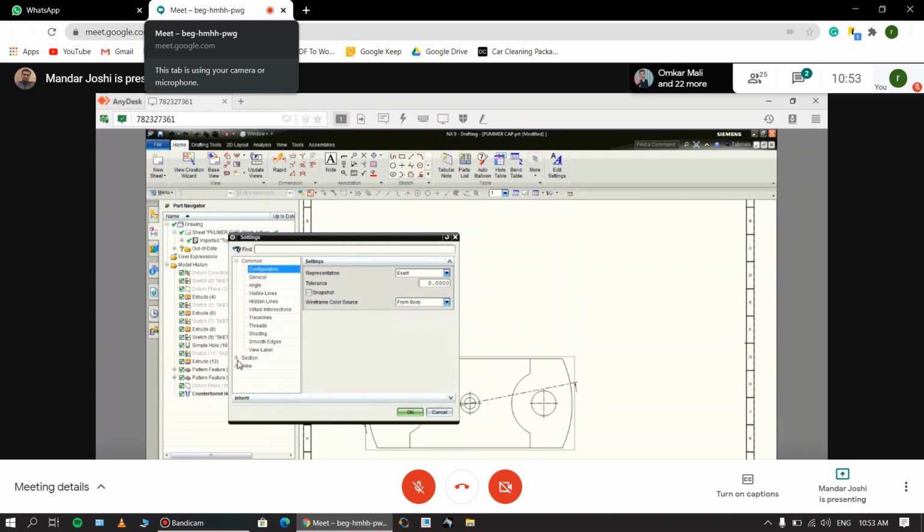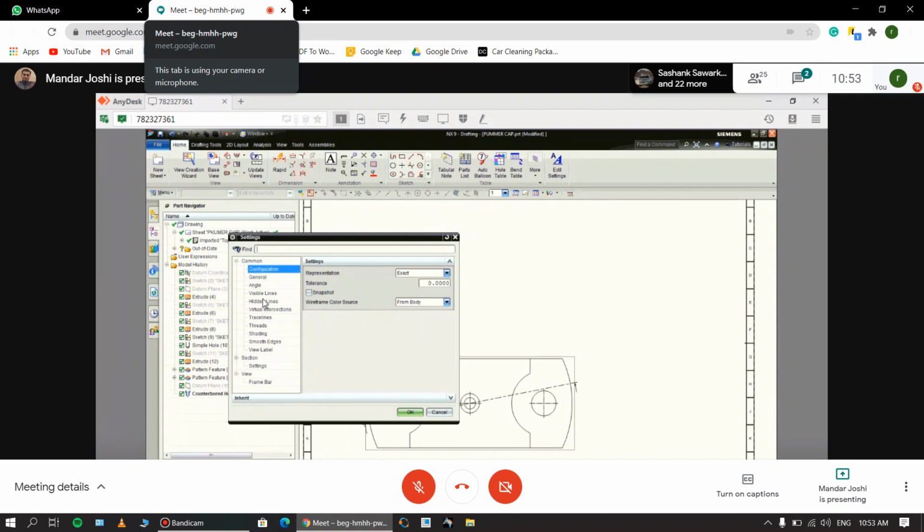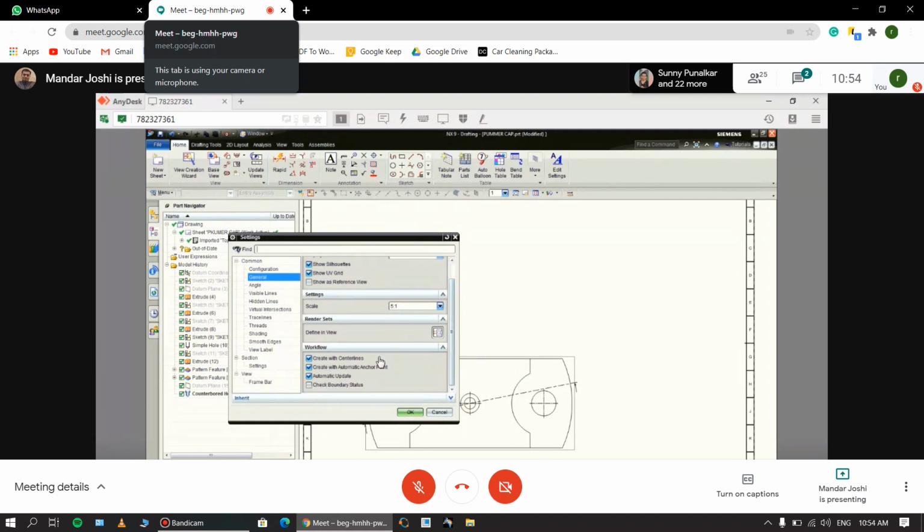So I select here sections view, just a minute. For every view there is a button here, create with center line.